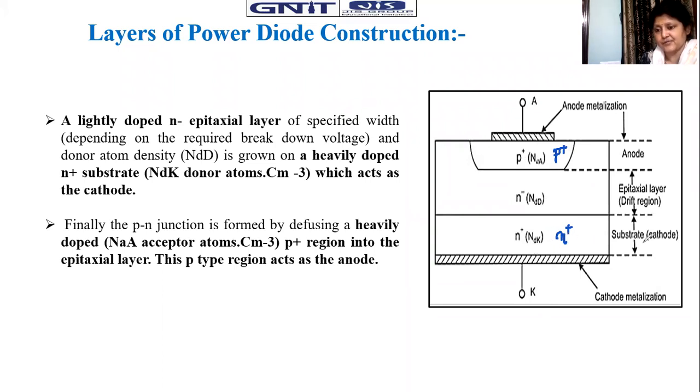So the cathode is working as a substrate over which we have an externally grown epitaxial layer, that is called the drift region. It is a very lightly doped region, while the other regions are heavily doped. As it is deliberately providing a huge amount of current, the anode to cathode current will be enhanced.